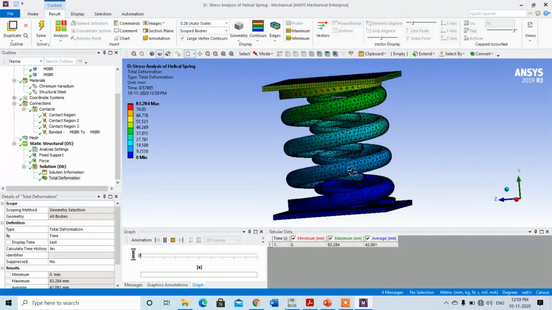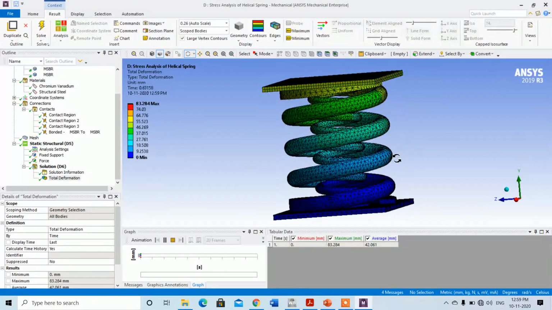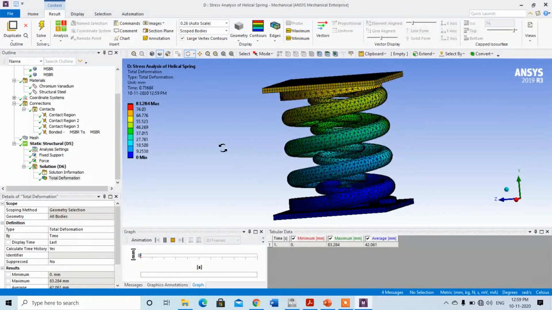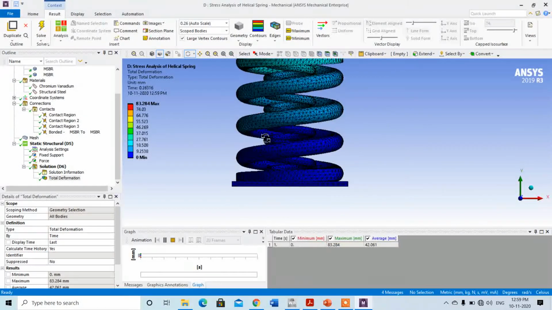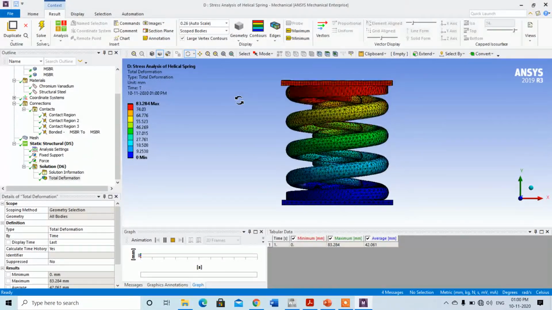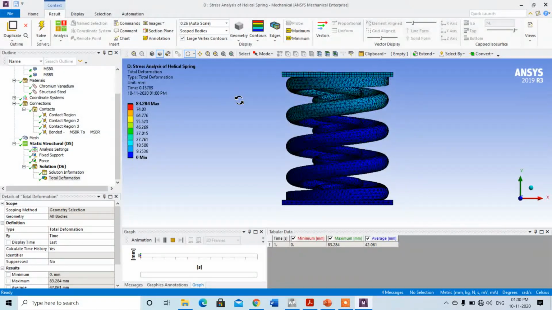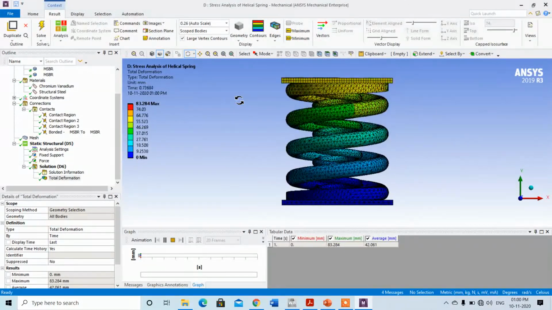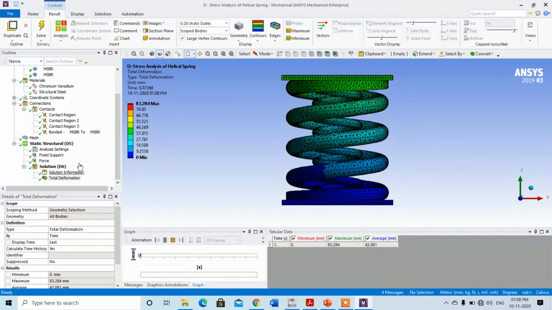So this is the axial deformation of the concentric spring. Now both the springs are going to deform. Got it? We can check the front view. This is the front view of the spring. You can check the deformation of the spring. So it is expected in any machine component, the axial deformation of the spring. If it is a concentric, compound spring, then there should be a similar deformation of the springs, and the deformation is 83.28 mm.